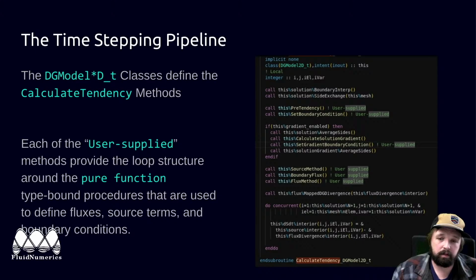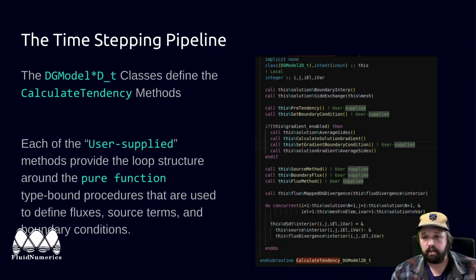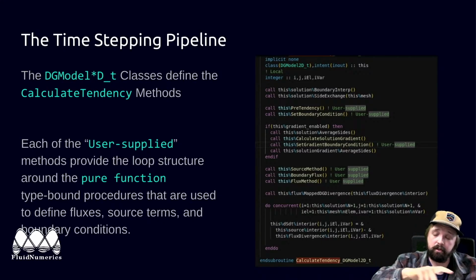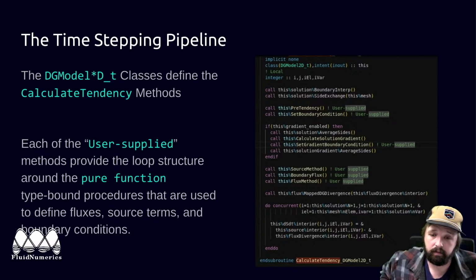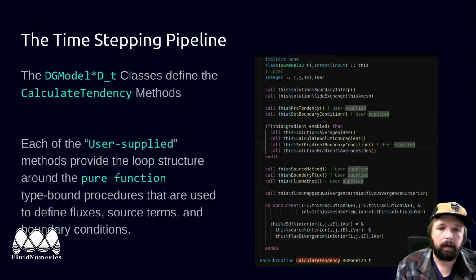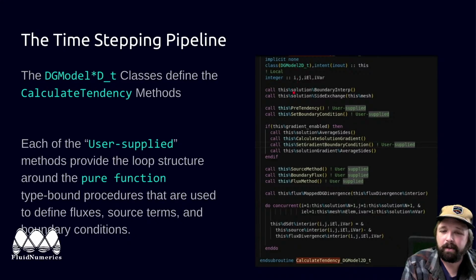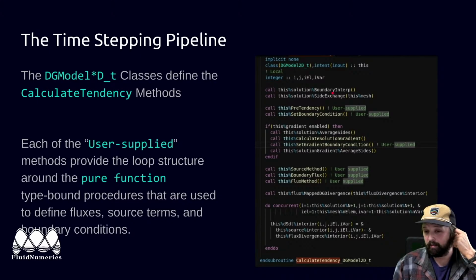And what our job is to do in the tendency pipeline is to use that information to calculate flux divergences and source terms. Okay, so flux divergences depends on fluxes at quadrature points within the elements, and it depends on the Riemann fluxes on the surfaces of your elements. So in 2D this would be on the edges, and in 3D this would be on the faces of all the elements. So the first thing we do is this boundary interpolation, and you might be thinking, well, isn't that